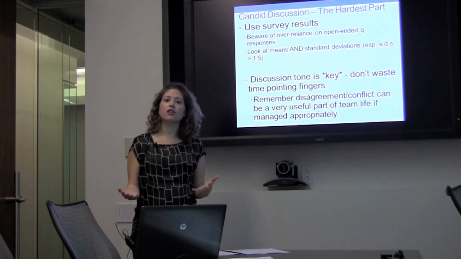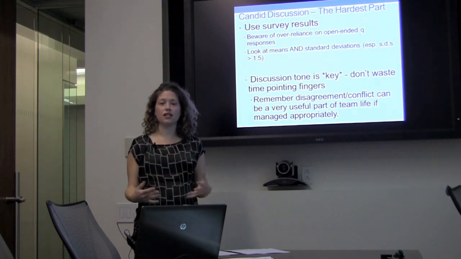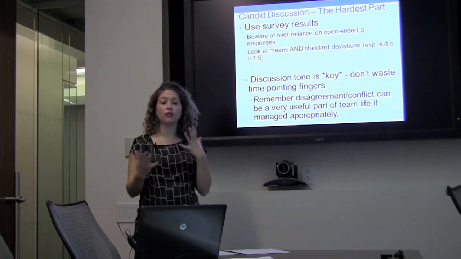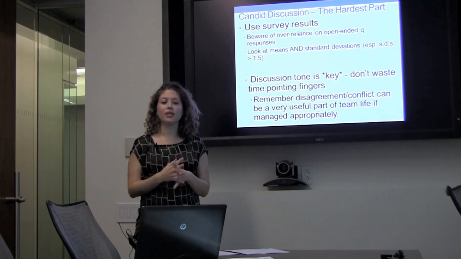It can be awkward to know where to start with discussions like this of negative aspects of team dynamics and team performance to date. So how do you determine which items are the most interesting for your team? Well, you want to look at means. So what are the highest scores? Those are indications of things that are going really well. What are the lowest scores, right? And there are some negative items where higher scores on those items would indicate a problem.